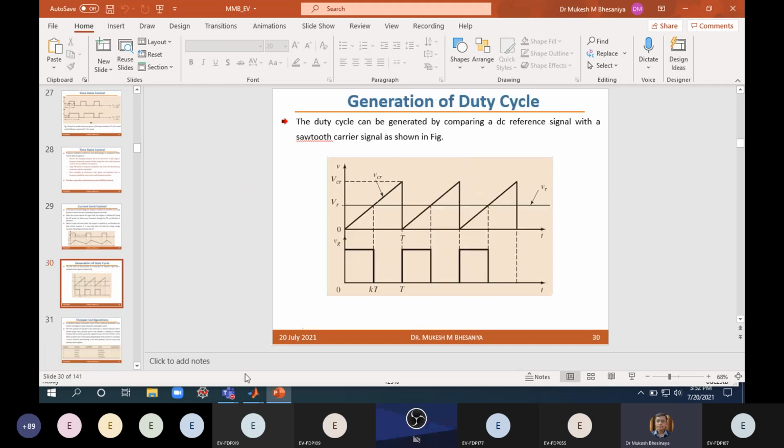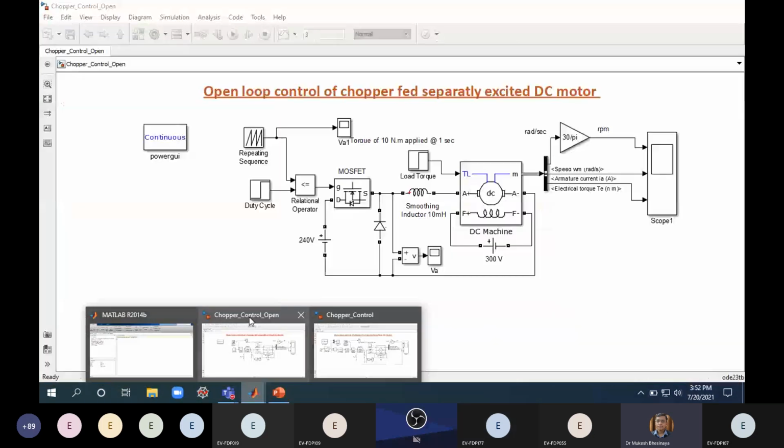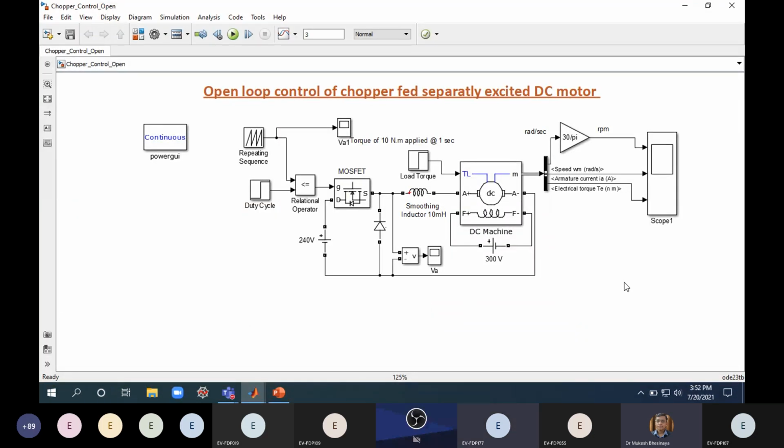Okay, I'll show you one simple model in open loop, as well as in a closed loop also I will show you. See, those who are doing the simulations, they can